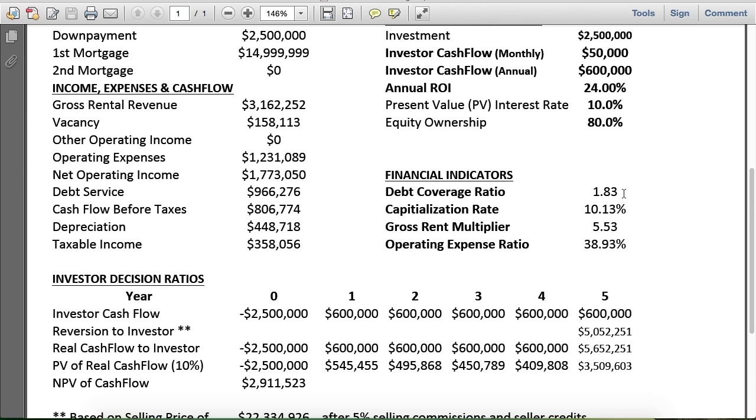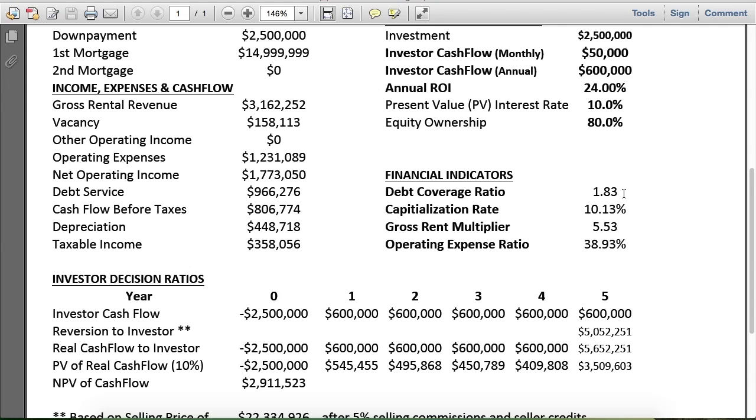Capitalization rate. This is what is used for your multi-family properties to be able to compare them. So what we're doing with this is you take your net operating income and then you divide that by 10, or actually times it by 10, and that is going to give you a roundabout value of what the property is worth. So in this case, this is a 10.13 capitalization rate. So they're estimating the property to be worth the $1.75 million, same as the purchase price.